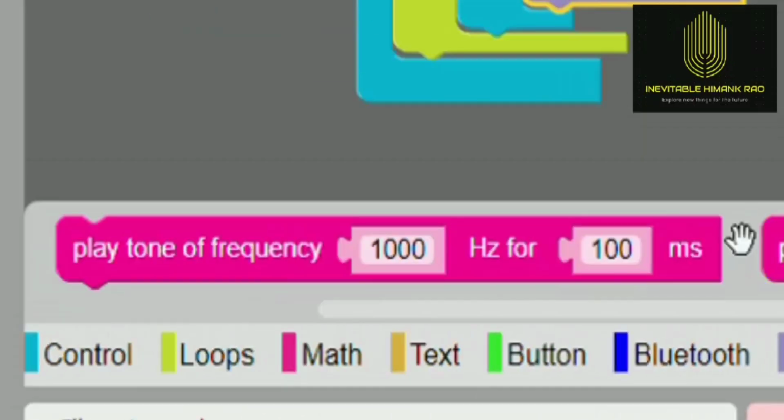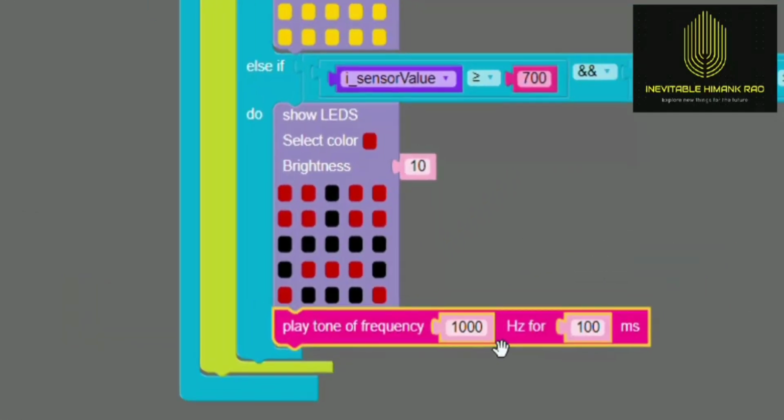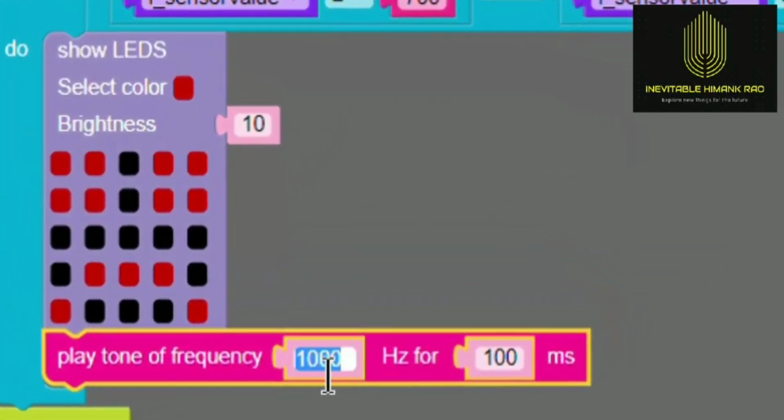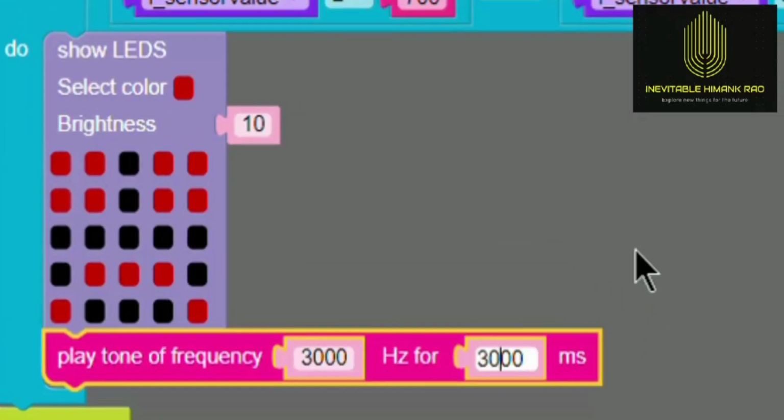Then click on sound and drag play tone of frequency 1000 for 100 milliseconds and put it underneath show LED select color brightness. Finally, change the values to 3000 and 2000 respectively.